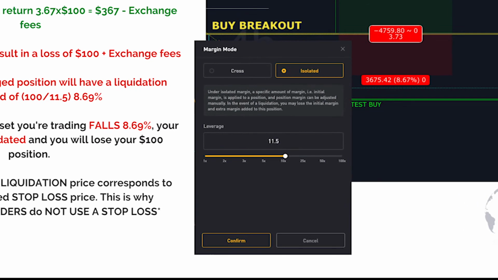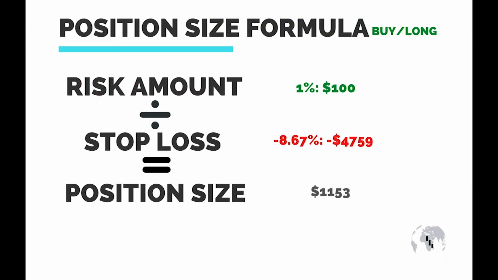$1,153 divided by $100 gives us 11.5. This will be the leverage for the position. But we know that we're risking 1% of our $10,000. That is $100. We're going to divide that by our stop loss, which is 0.0867 or 8.67%. That gives us a total position size of